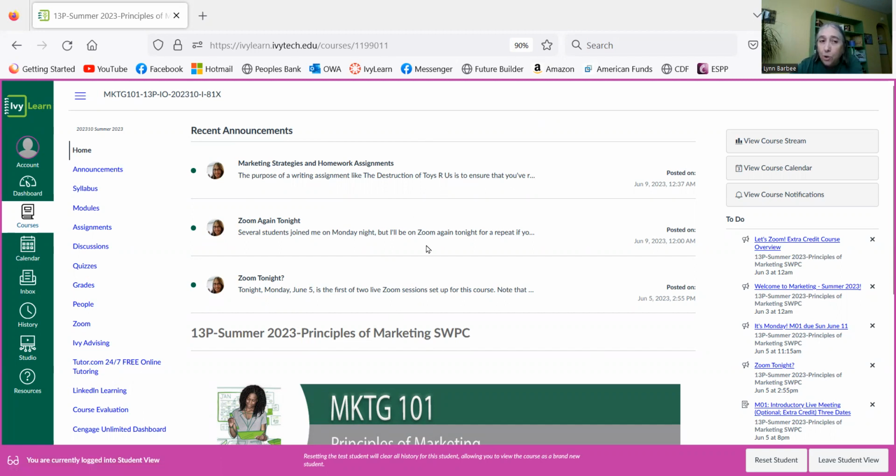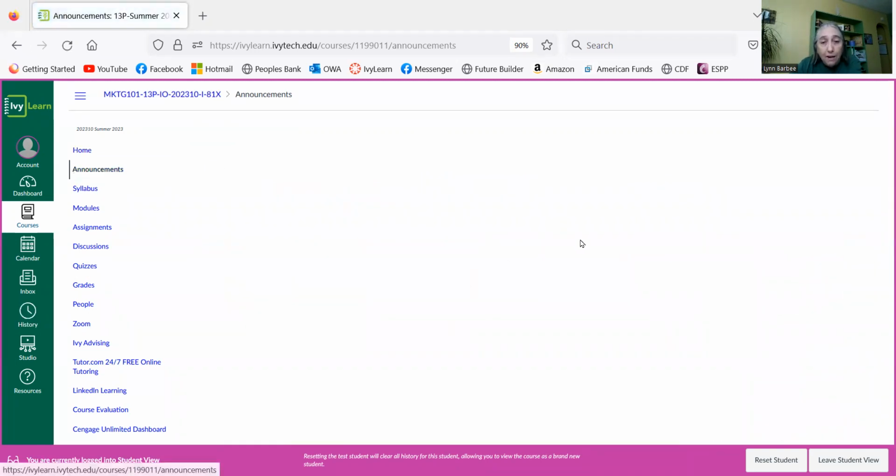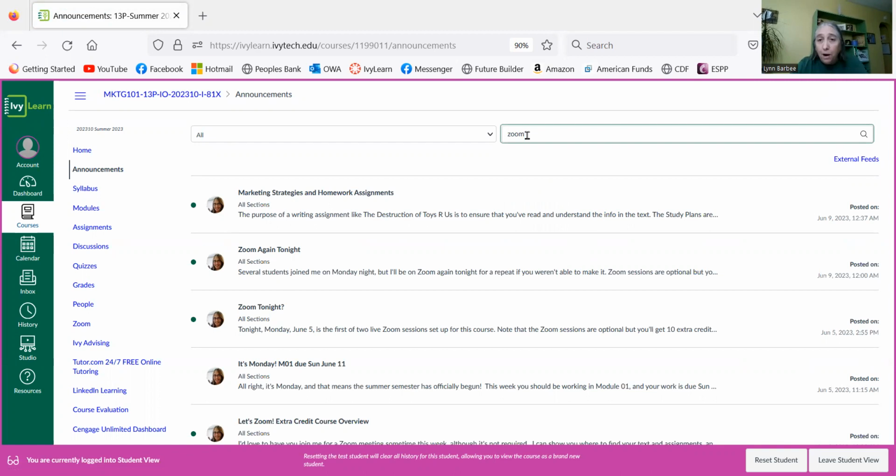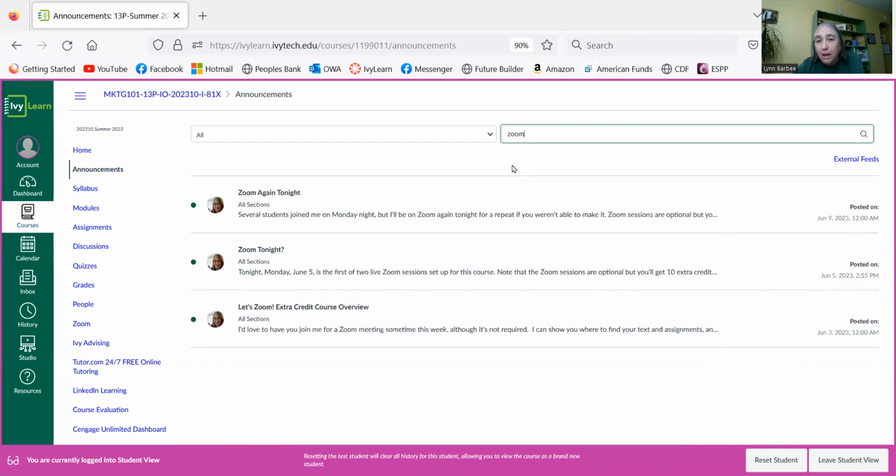My courses are set up to only show the 3 most current announcements. If you want to find them all, click that announcements page. And something I just discovered last year, after teaching for several years, you can do a search in this bar right here. So if you're trying to remember which announcement I mentioned, Zoom in or whatever, you could just type that in there in the search bar, okay?